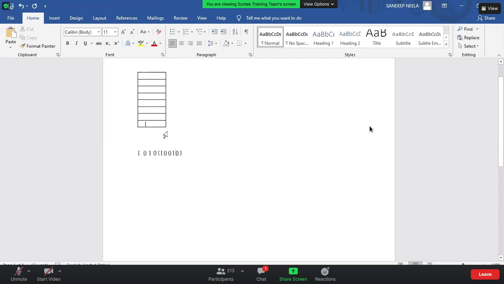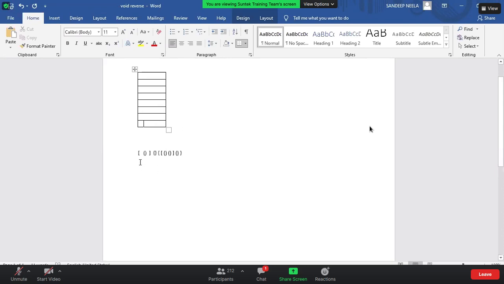Then after that, again, what happens? Again, I will check with this element. It is not there in the stack, so I will push it. So again it is not there. Again I will check with the next element. So it is a closed one. So again I will delete this one. So finally, when it comes to the last element, it is also mapping with the top of the stack element. So I will delete this also.